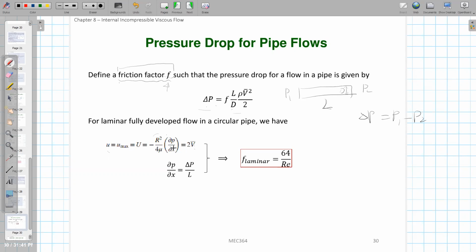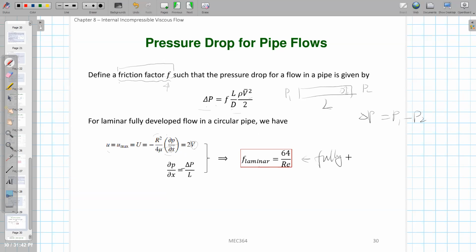And because we know this partial p partial x is constant for fully developed flow, it can be rewritten as delta p over L. Actually it's minus delta p over L, so you can cancel this minus sign. If you substitute partial p partial x with minus delta p over L, and replace the average velocity here, you can prove that for